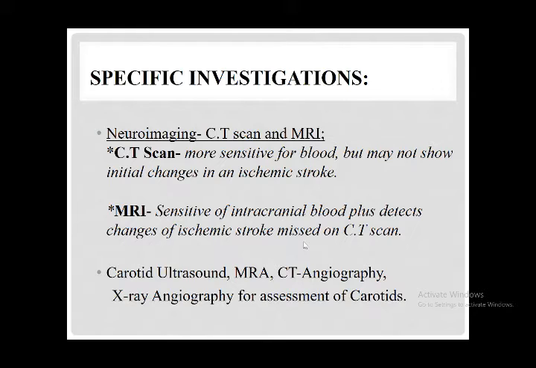CT scan is usually a screening test and is done rapidly compared to MRI. So it is more sensitive for blood but may not show initial changes in an ischemic stroke. CT scan rapidly picks up blood in the brain. If there is hemorrhagic stroke, it will pick it up rapidly, but if there is ischemic stroke, you can miss the findings